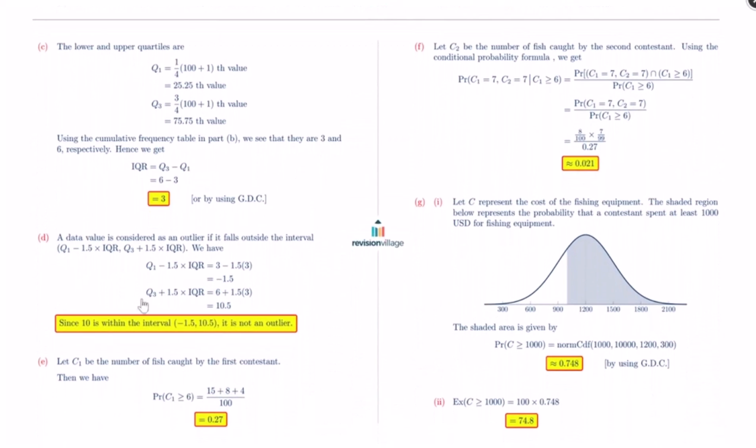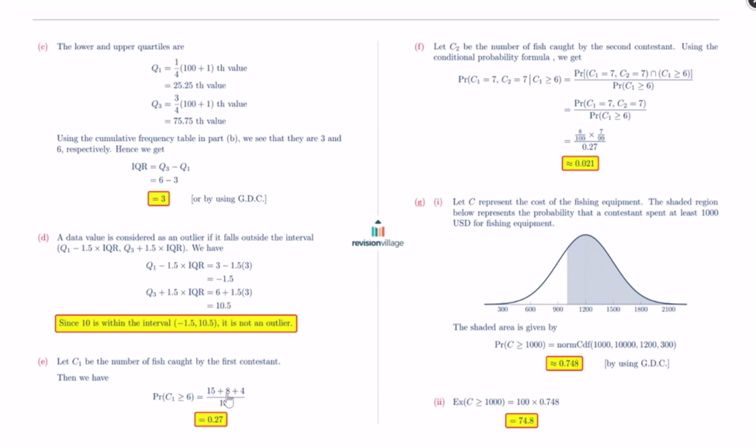So I've said here, let C1 be the number of fish caught by the first contestant. The reason I've called this C1 is in later parts, we actually have a second contestant, which I've defined as C2. So if you're a little bit confused where C1 came from, that's contestant 1. So we have the probability of contestant 1 catching at least 6 or more would be these 15 people that